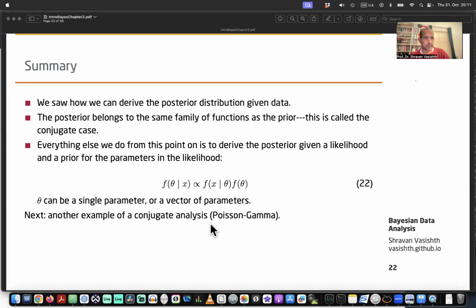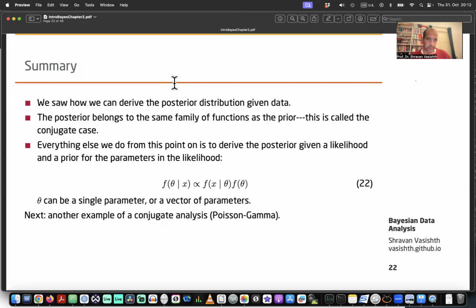Okay, so this is part two of the lecture on chapter two of the Bayes book. I'm going to pull up my slides so that you can see them. So we stopped at the point where I had illustrated the use of the beta binomial conjugate case,